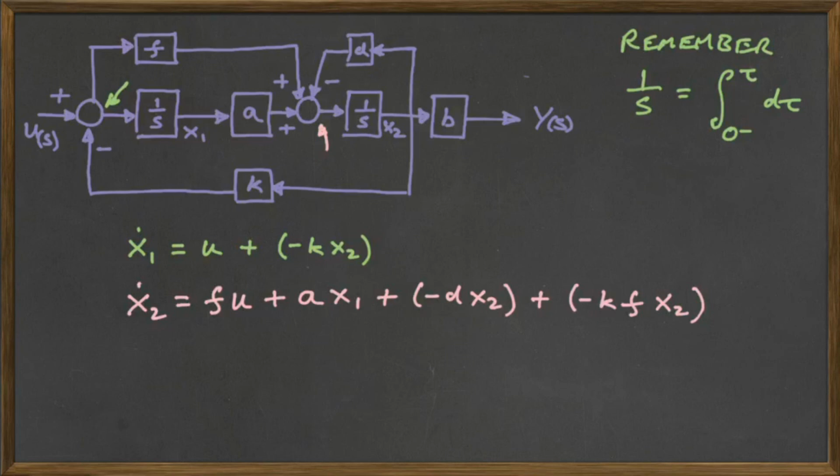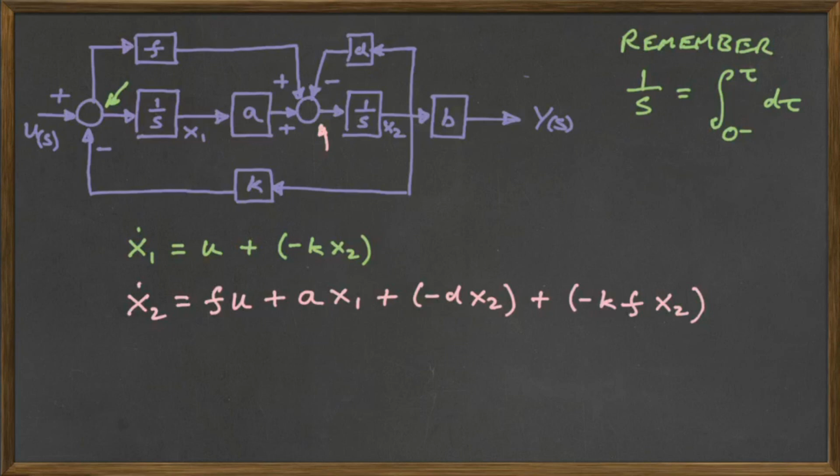Then we have a feedback loop, which is coming through D. So you can easily see that's minus dx2. The last term may not be quite so easy to spot, but we have to take into account that feedback loop that's coming through the k, because it's coming through the summing block, which is actually going out to the f. So the k feedback loop is going to have some effect on our x2, because it actually comes from